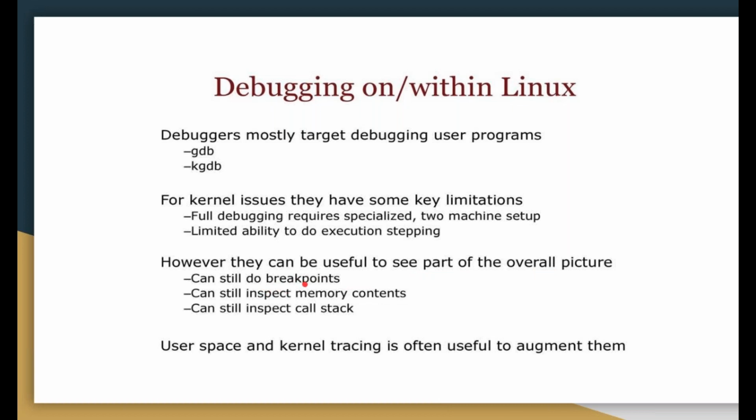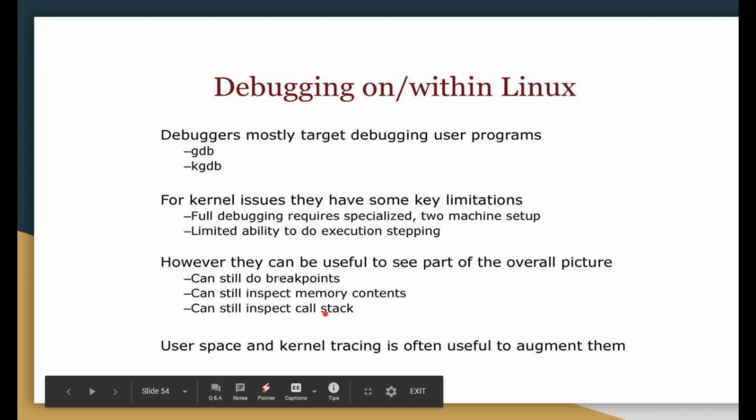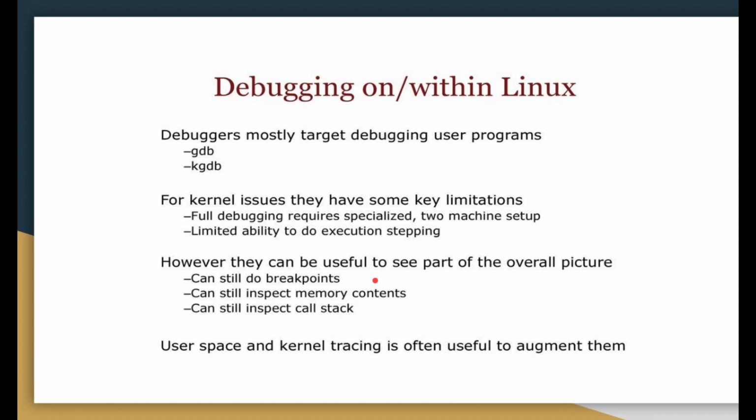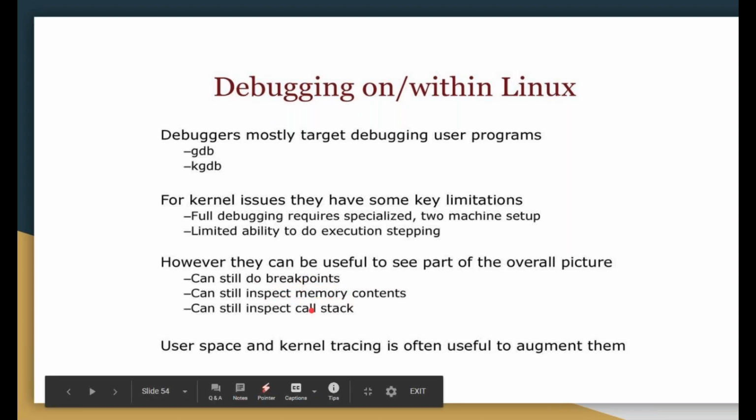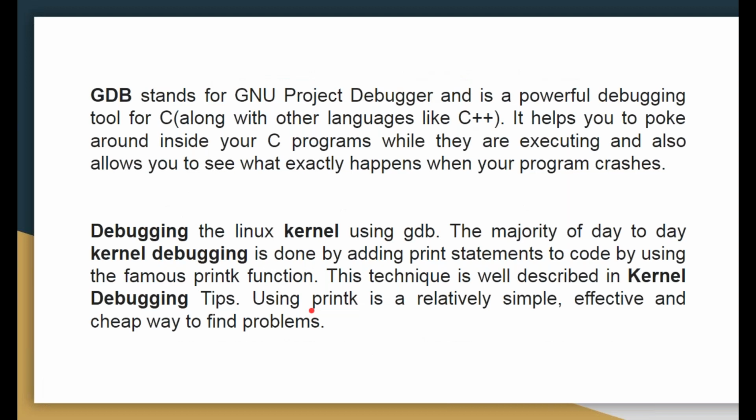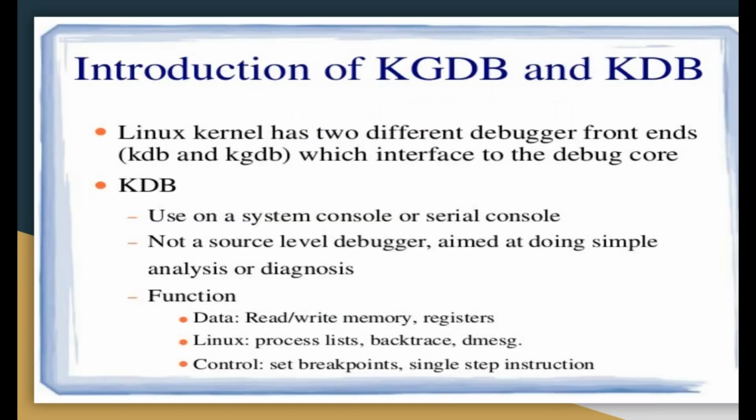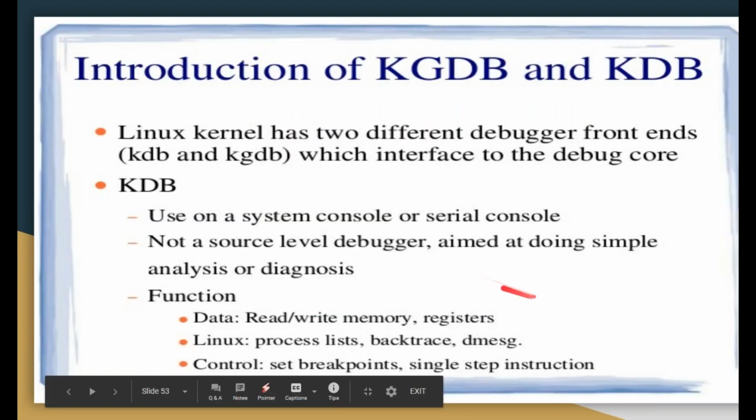There can be breakpoints. You can inspect the memory contents, and you can also inspect the stack contents, such as what the local variables are and how your memory is going. You can put breakpoints also. For example, if you want to check only one module, then you put a breakpoint. Similarly, you can inspect the memory and the call stack. In the paper, you will only get a short note on debugging. Fine. So the Linux kernel has two different kinds of debuggers. I told you about this one.